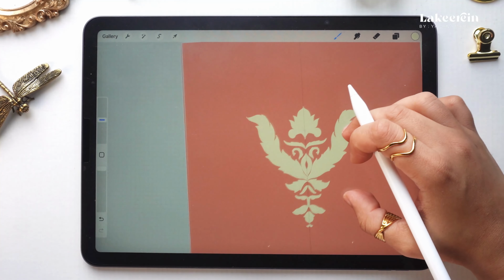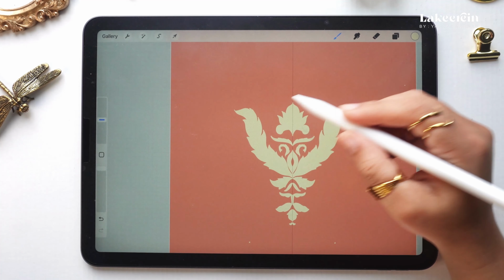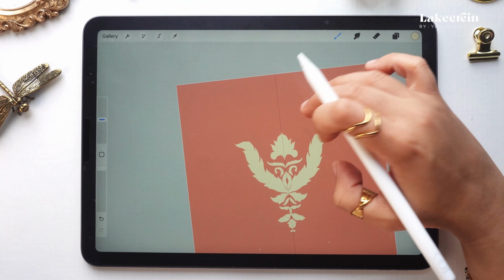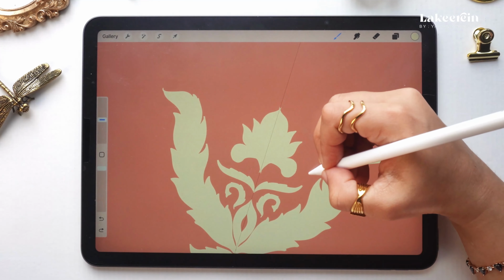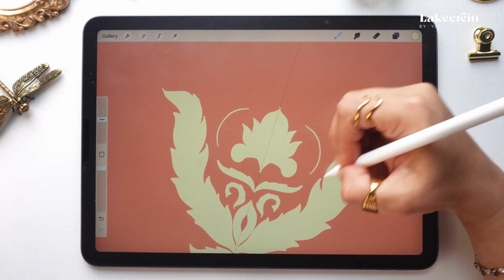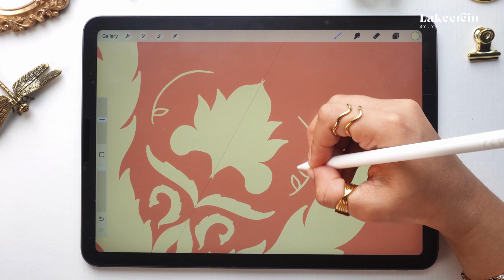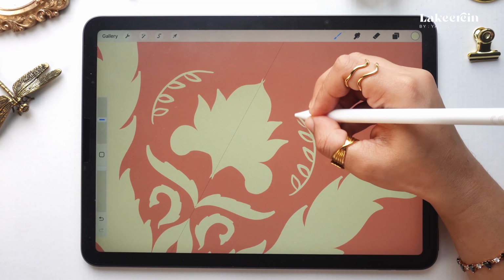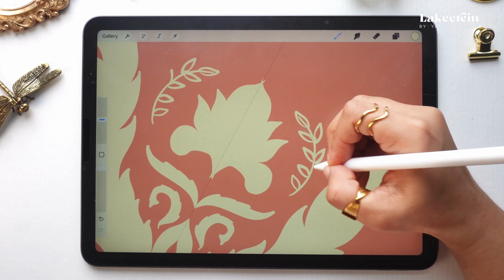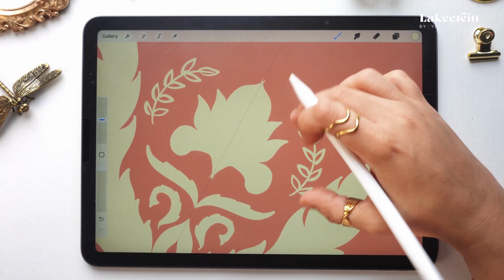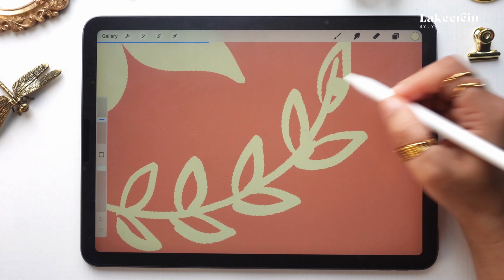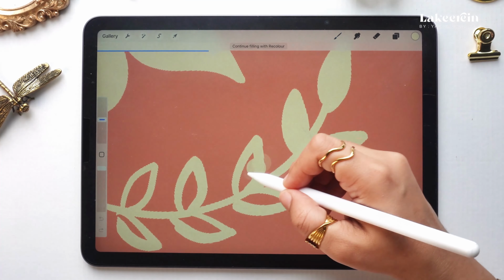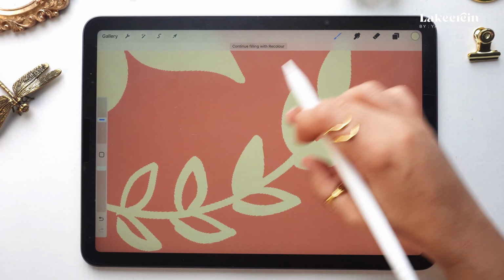So basically what we are trying to do here is create a nice looking element. And now you can see that there is a lot of space here also. So for that I'm just gonna create a line like this or a curve like this, and this time I will create leaves rather than creating the depth. I'm gonna create the leaves and fill that up as well. So this is very simple. Once you do something like this, you fill this up completely. Everything we have done until now is on one layer. Again, there is a gap, so I'll just fill that gap. That's it. Here we go, we are done with this part.